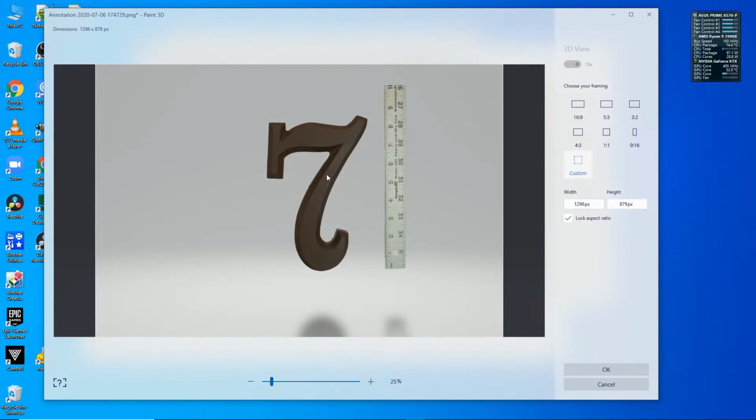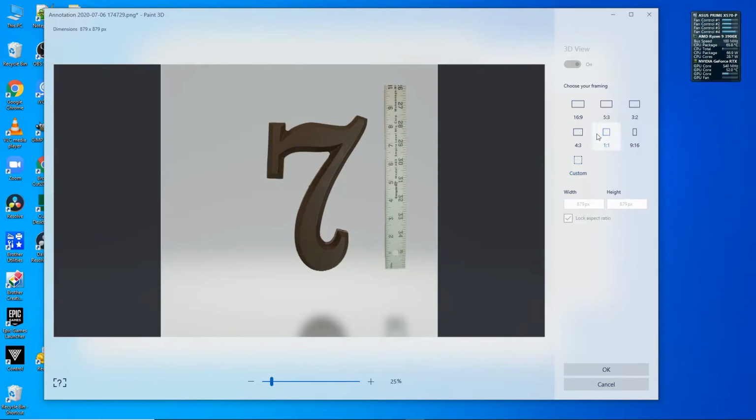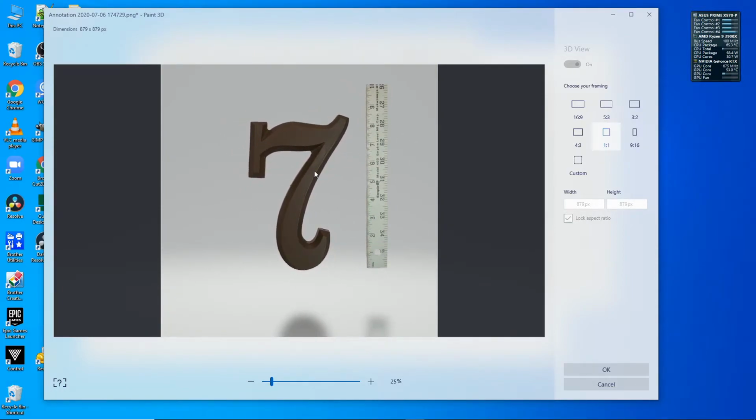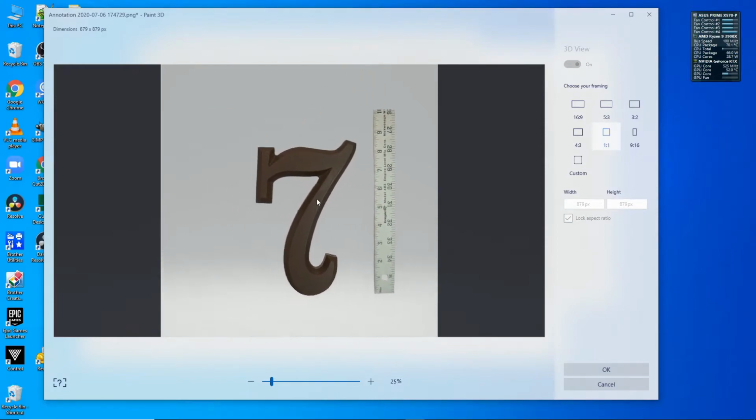And here you can choose whatever aspect ratio you want. 1:1 is what typically Amazon uses and a lot of marketplaces might use. So I choose that right now. And then to pan around, you hold the Alt key down, and then with your mouse you drag it around. It's imperative that you use this Alt key all the time to pan, because